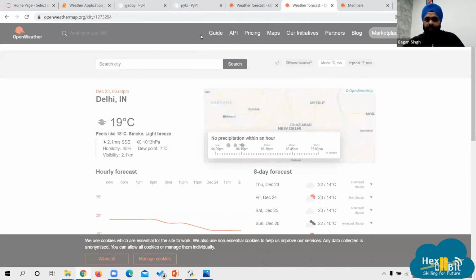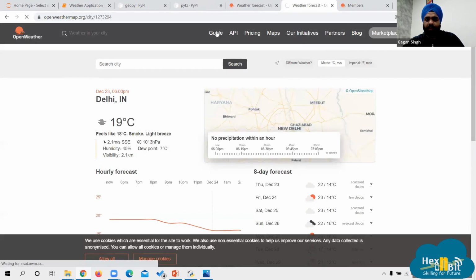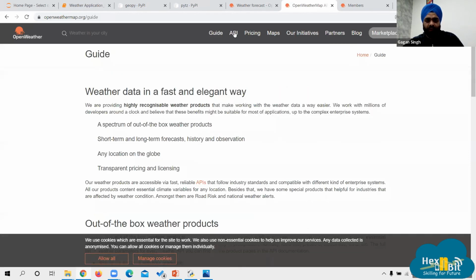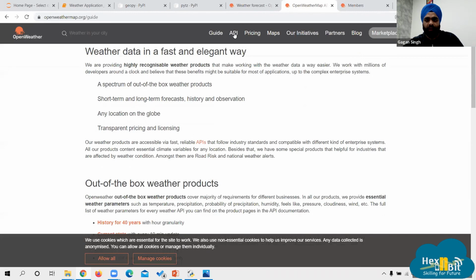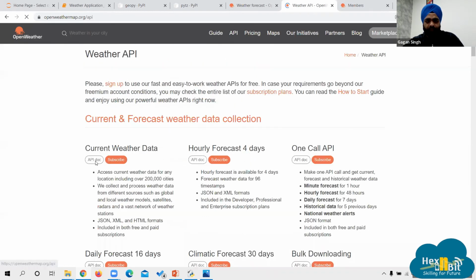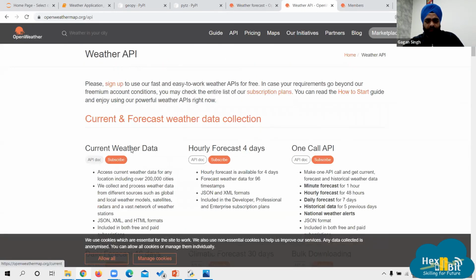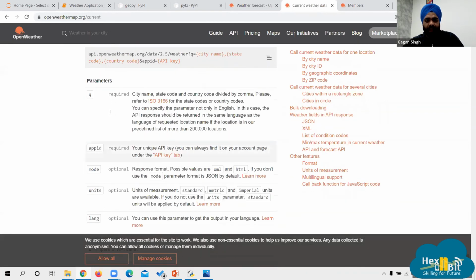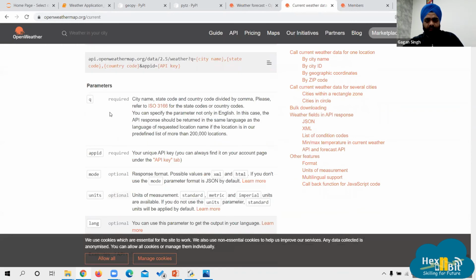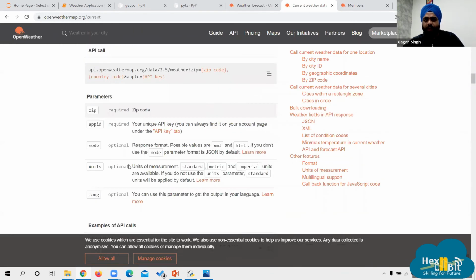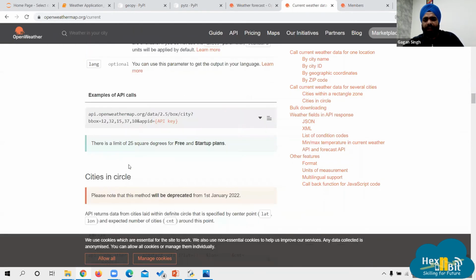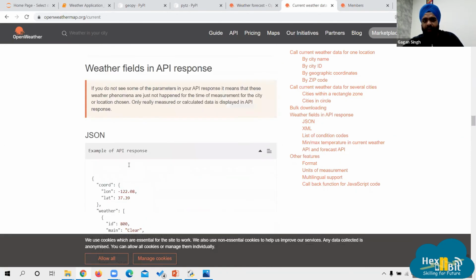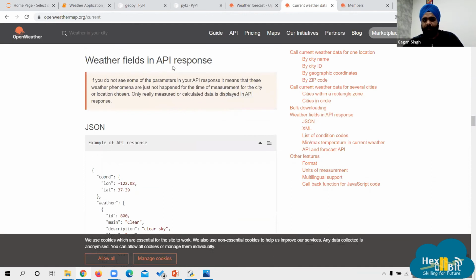If you want to see how this data looks, I can just duplicate it. At the bottom of this page you can read what sort of values it will give you and how the data will look. Here you can see parameters you can provide, like city ID and so on. You can read more about what data the API can provide and how it will appear, like weather fields and the API response.